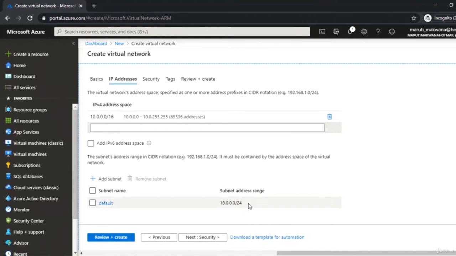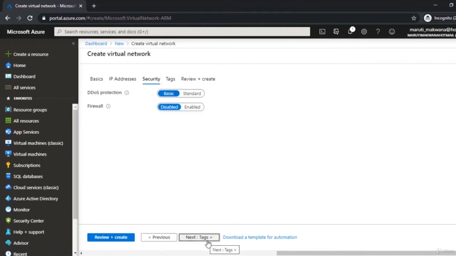Because again, the same logic if we apply here, 32 minus 24 is going to give me 8, and 2 raised to 8 is 256. Now this is the logic. Using this, you can add multiple subnets because we still have a couple of addresses available in this network, and you can create one virtual network with multiple subnets. I'm not changing this right now, and it's a rule that you should have at least one subnet, so anyhow you cannot remove this. We are going to move forward to the next one, which is security.